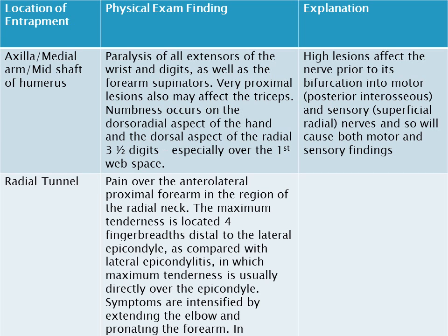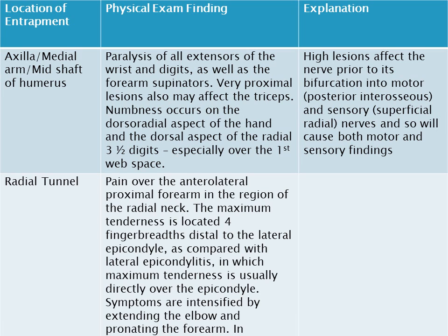Now, depending upon the location of the lesion, very high lesions, or lesions very proximal in the humerus, may also affect the triceps. Recall that the motor branches to the triceps leave the radial nerve very high, just as the nerve exits the axilla. But lesions below the midshaft of the humerus would probably spare the triceps, so elbow extension would be unaffected. Now, on the sensory side, with high lesions, we're going to have numbness on the dorsal radial